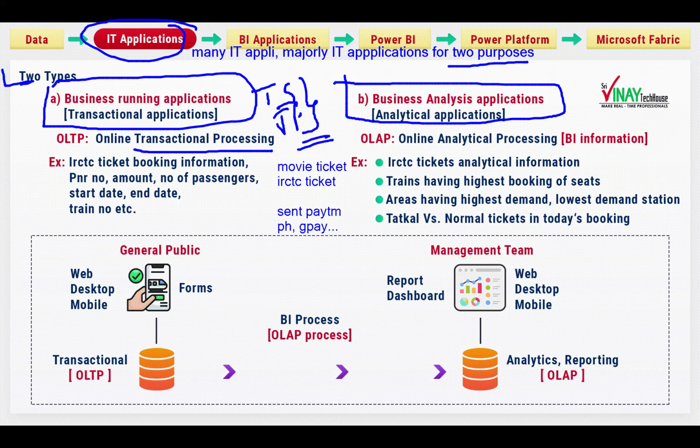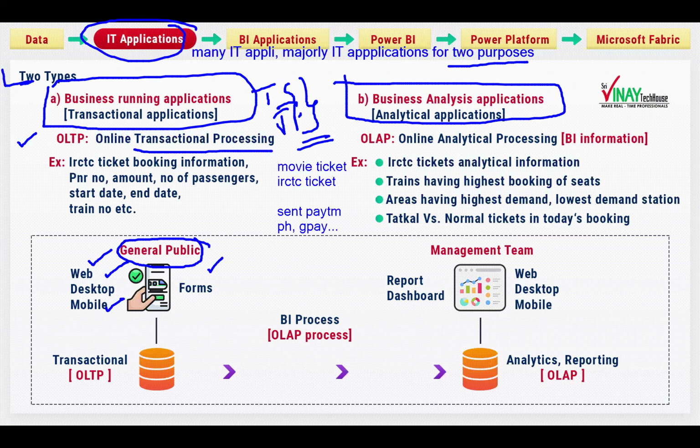So in layman terminology, business running; technically OLTP, online transaction processing. Don't feel confused, because those applications provide transactional process, so we call it transactional process application. irctc.co.in, bookmyshow.com in India, and Google Pay, PhonePe, these are all OLTP applications. Unknowingly, you're working on it. This operation is done by the general public on the website, desktop, mobile. You want to do some bank transaction, you can use web, company desktops, or your mobile or tab. You will get a form,